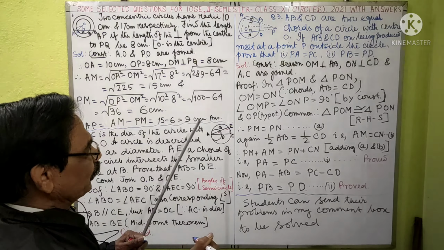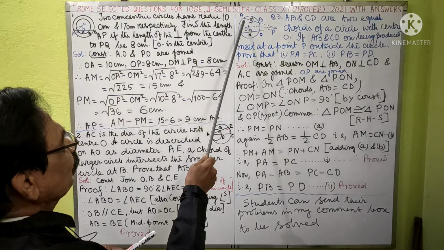Here it is not written, but we have to join OP. Now, in triangles POM and PON, OM equals ON, because these are